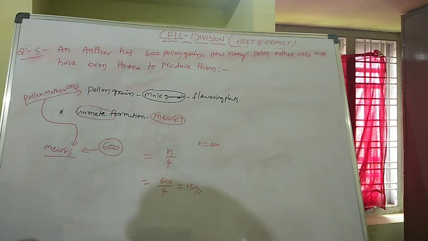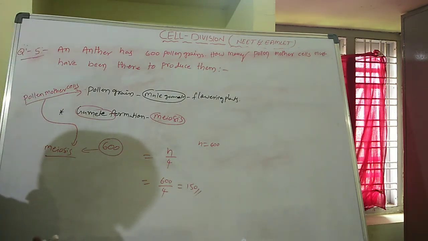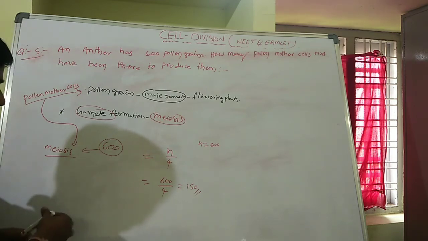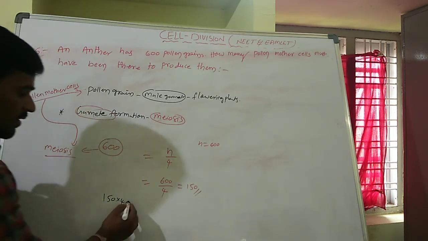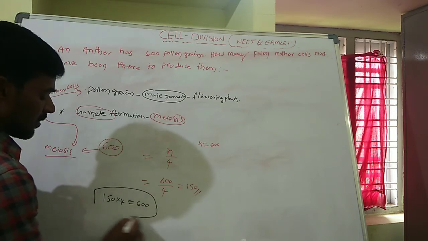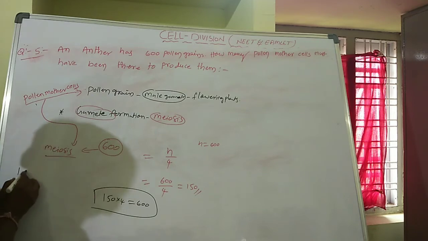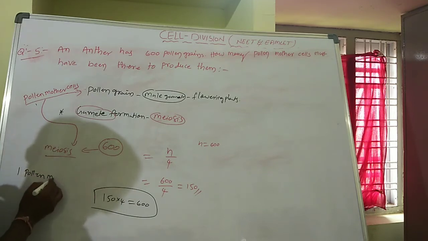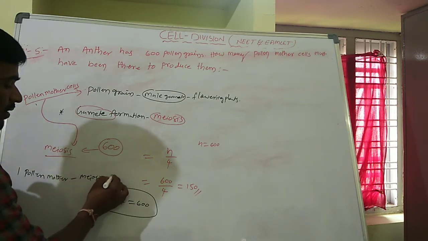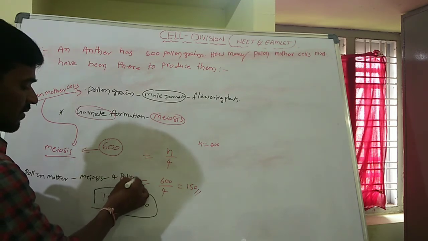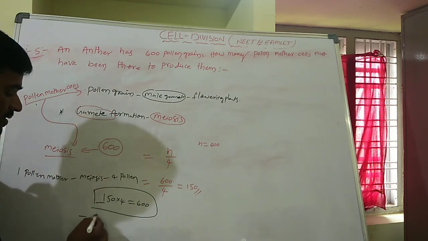What is the answer? 150. How many pollen mother cells are essential? 150 pollen mother cells are essential to produce the 600 pollen grains. Check that: 150 into 4 is equal to 600. Which means each pollen mother cell involved in meiosis division gives 4 pollen grains. For the formation of the 600 pollen grains,